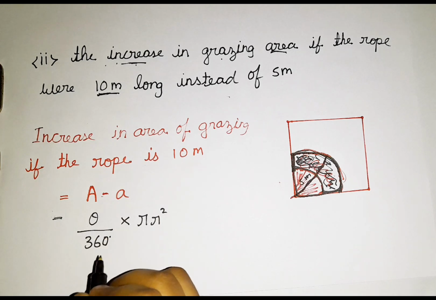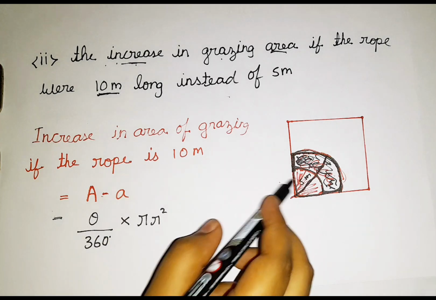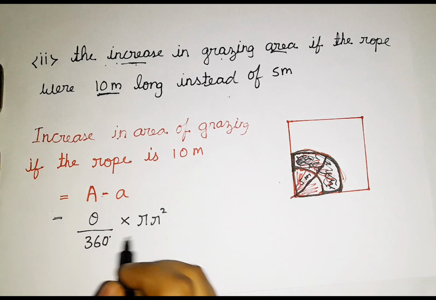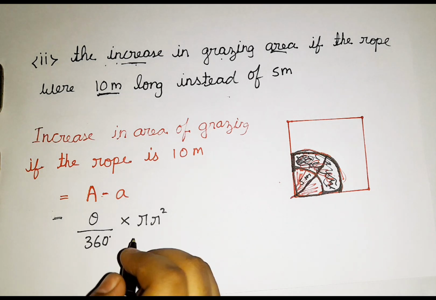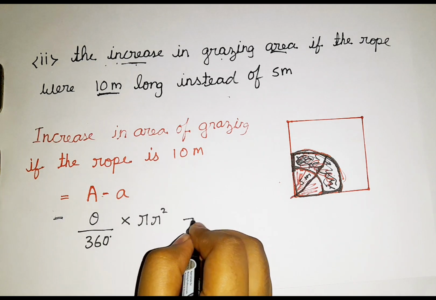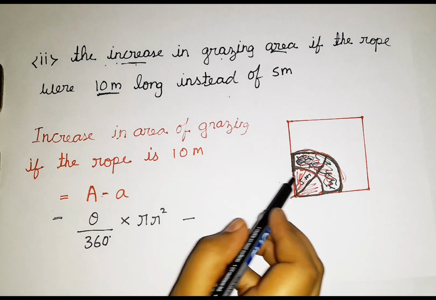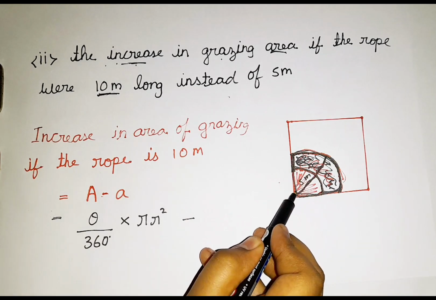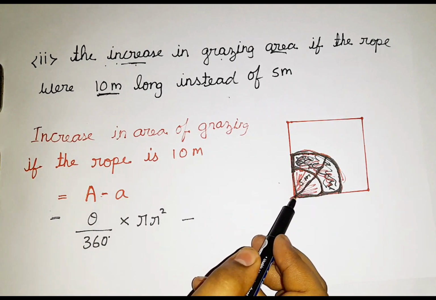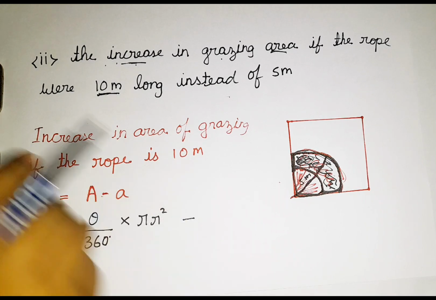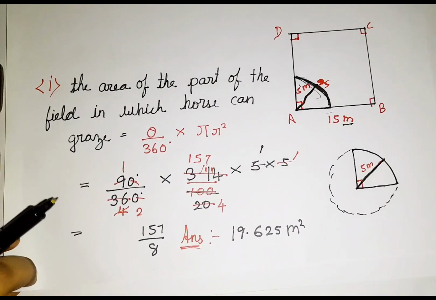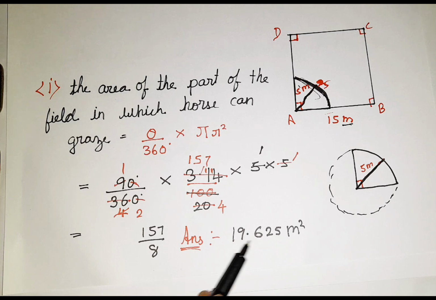So why am I applying area of sector? Because here it is a sector, isn't it? That's why I am just applying the area of sector. Okay, so minus small area. So here also, for the small sector, I am supposed to apply the formula, that is area of sector. But already we found it, right? So already we got this value